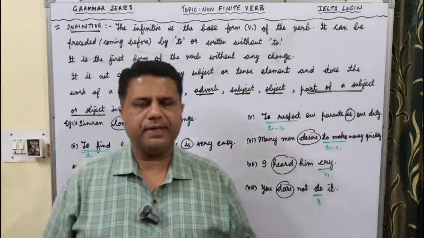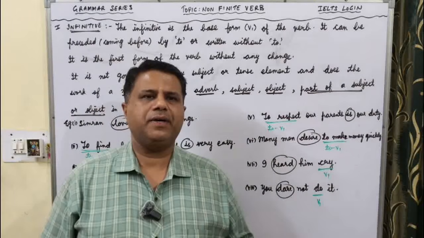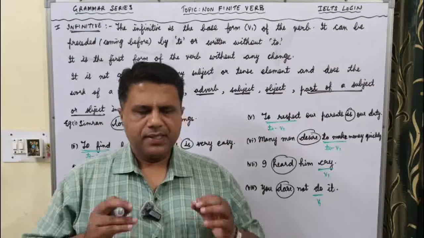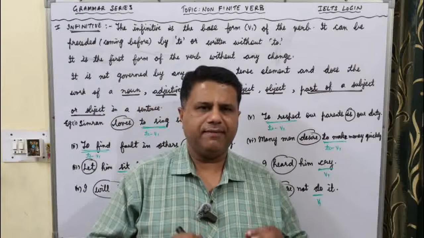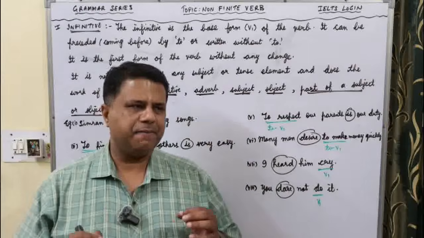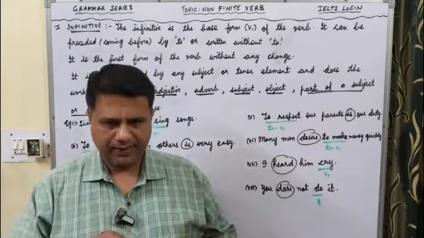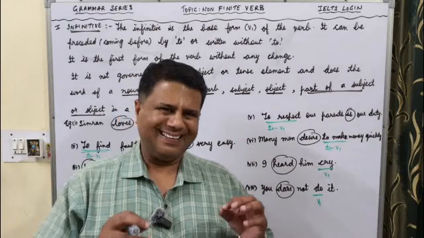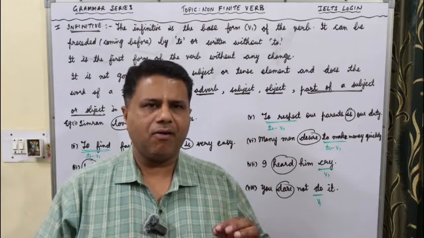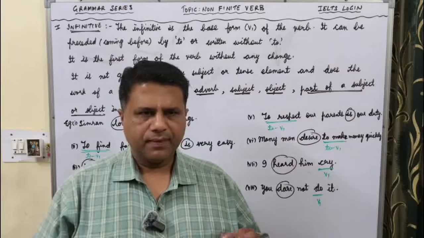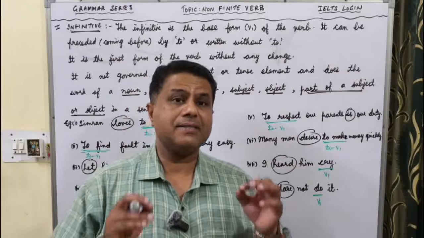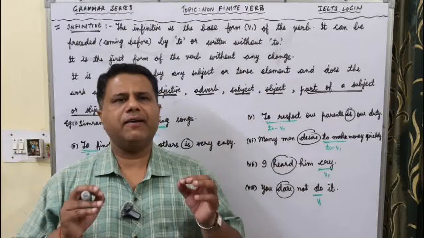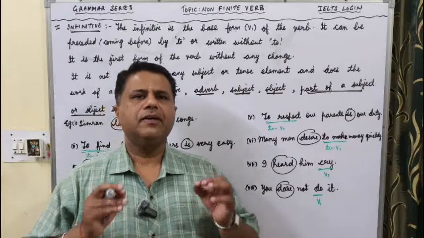the definition of infinitive. I told you earlier also what is an infinitive. In simple words, infinitive means first form of the verb. Children, whenever we are talking about infinitive, participle, gerund, please keep this thing in your mind. I will keep on repeating. I have already repeated earlier also that non-finite verbs will not act as verb. Non-finite verbs will not act as verb. We will call it verb, but the role of non-finite verb will not be that of a verb in a